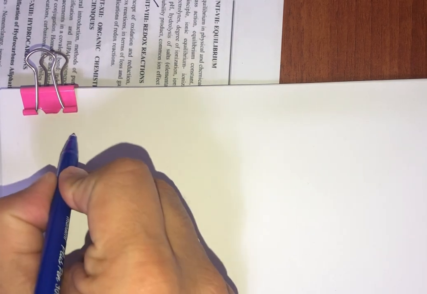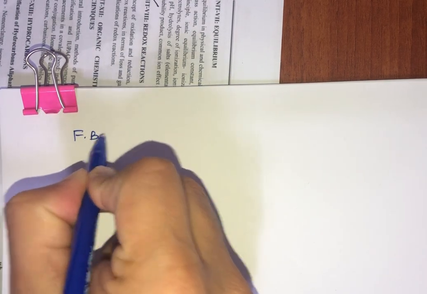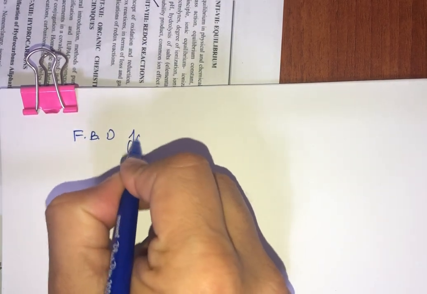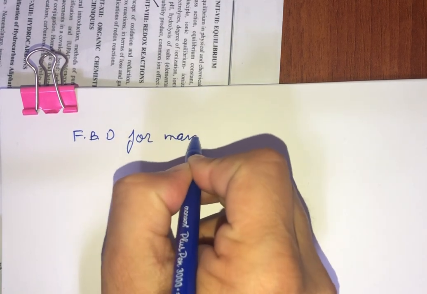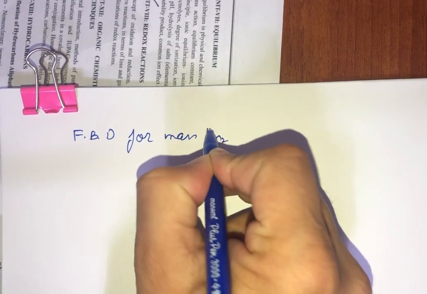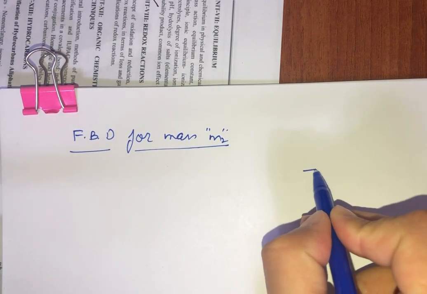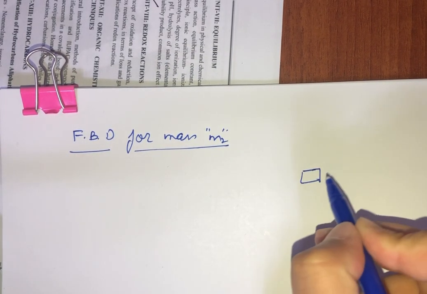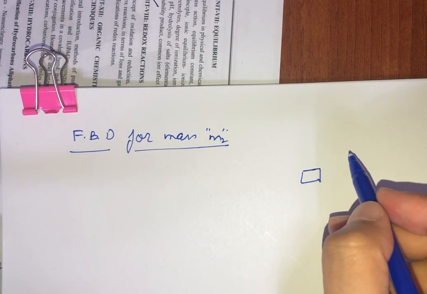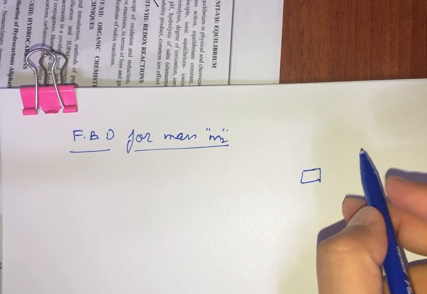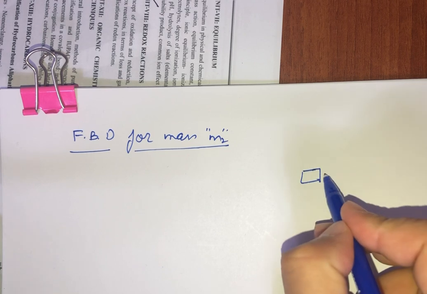Next, we draw the free body diagram for m2. You see the free body diagram for mass m2, and let us say this is our m2, and for m2 we have a tension T,